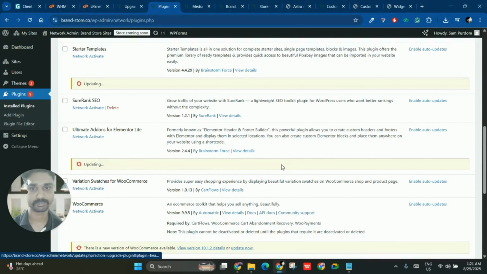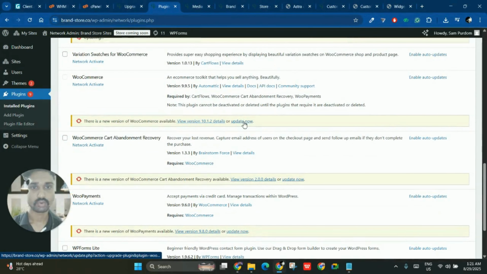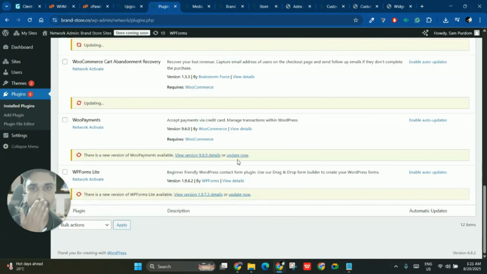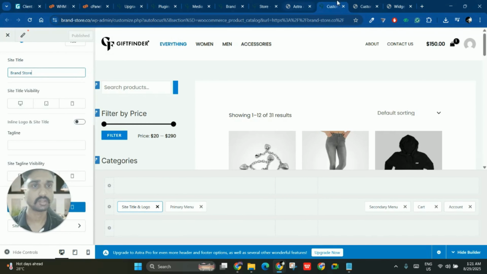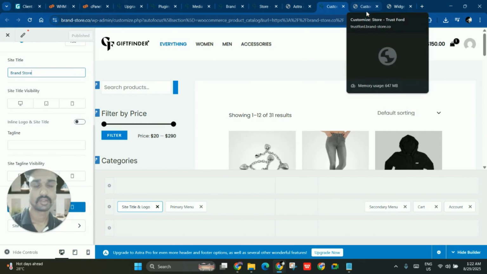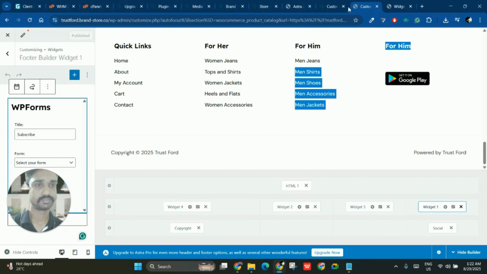Okay. WooCommerce 9.9, 10.1. Okay. WooCommerce requirements are not too necessary, but okay. Now, this is how we can